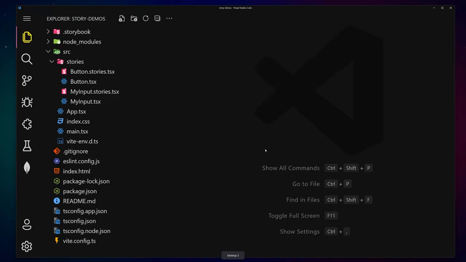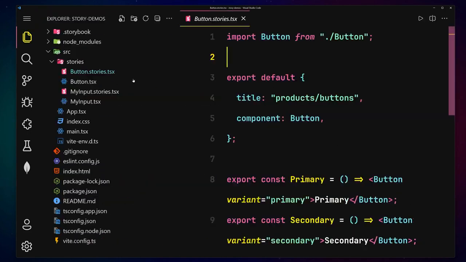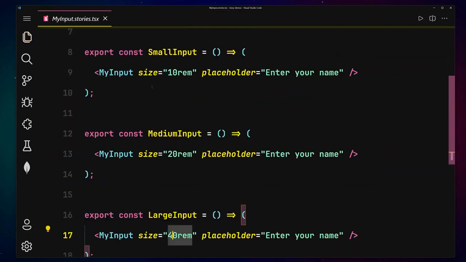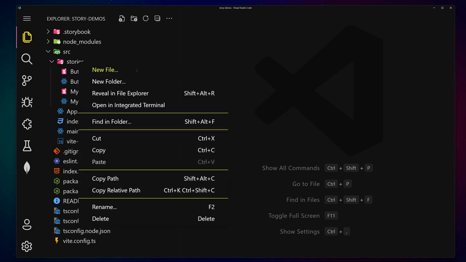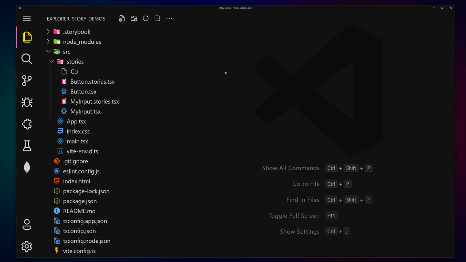That was example number 1, which was about the button, and that was example number 2, which is my input field. Now we are going to be discussing something called combo stories. Here you can see we have story number 1, which is a button story. Then we also have an input story, and if you want to combine both of them at once, for that we are going to be using a combo or combination story, or you can say a story within another story. So I'm going to right click there, and create a new file with the name of